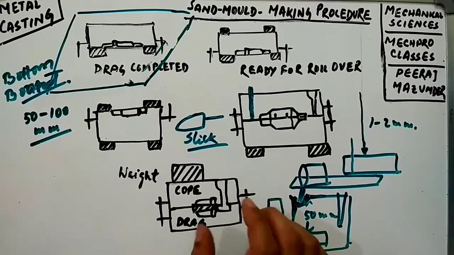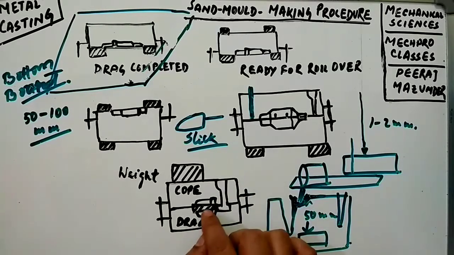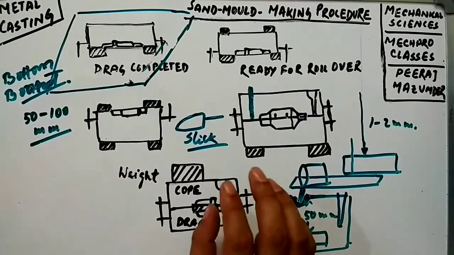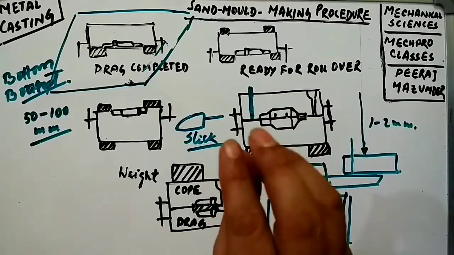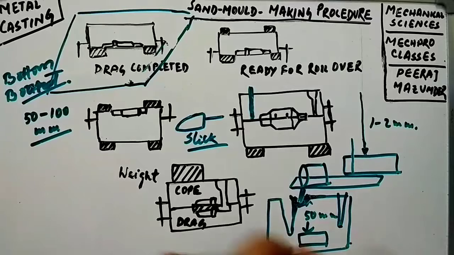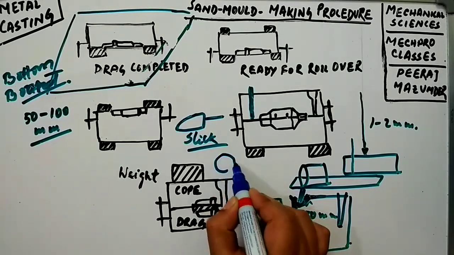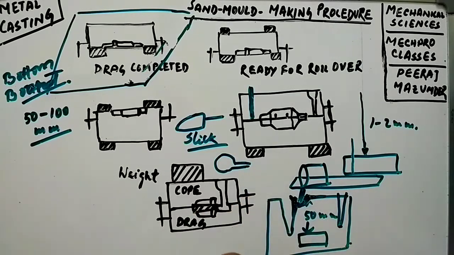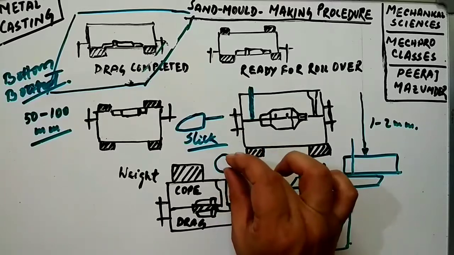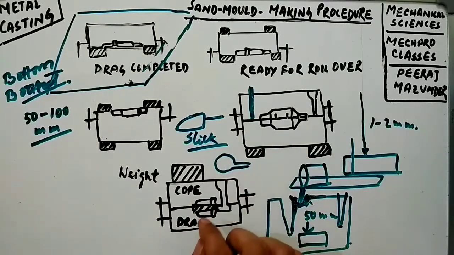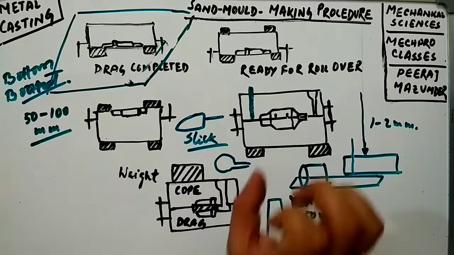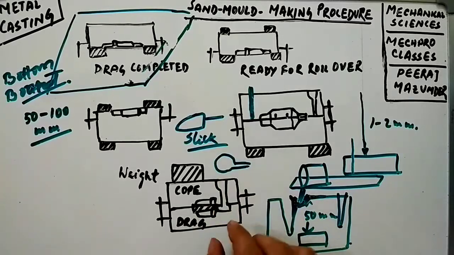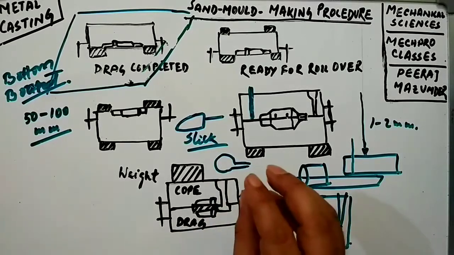Okay, now any excess or loose sand found in the runners or the mold cavity has to be blown away using the bellows. Bellows are somewhat like what the hand-pulled rickshaw pullers use. You might have seen that it produces sound. This one, okay, so it has an opening over here. If you just compress it, it produces sound, and for casting purposes, it produces wind, air. So by pressing this bellows, the excess sand goes away with the help of the wind.